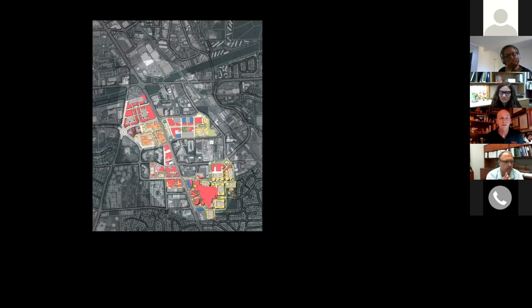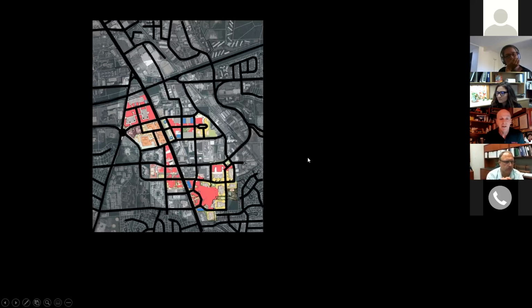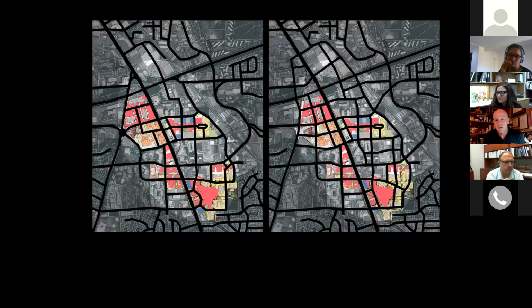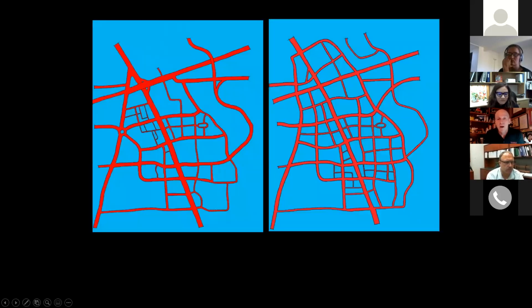The first thing we did was an X-ray. So we drew on top of this aerial all of the existing streets, and we looked for problems with the network to get increased connectivity. That's the slide on the left. On the slide on the right, those are all our corrections for the network, which we worked with all the property owners to implement. And then we drew on the 5 and 10-minute walk contours.